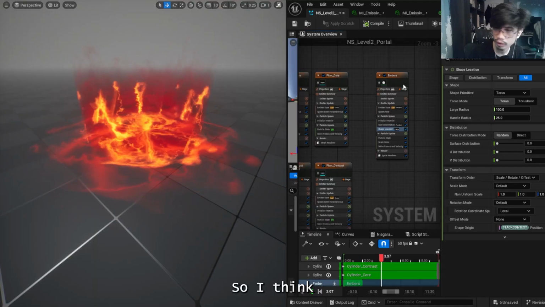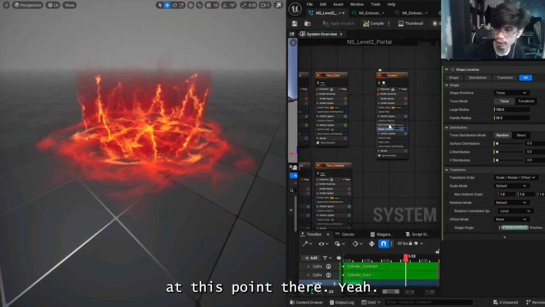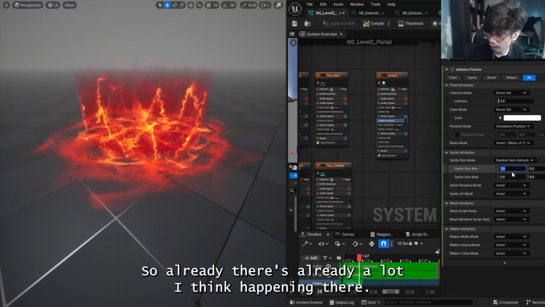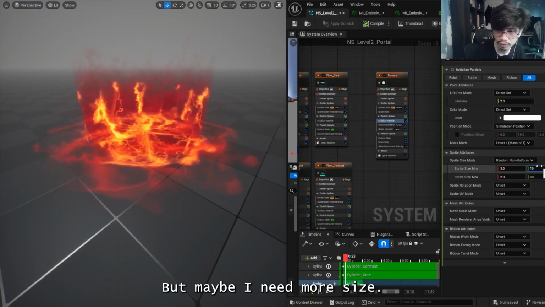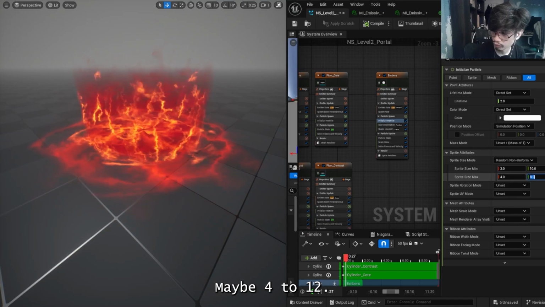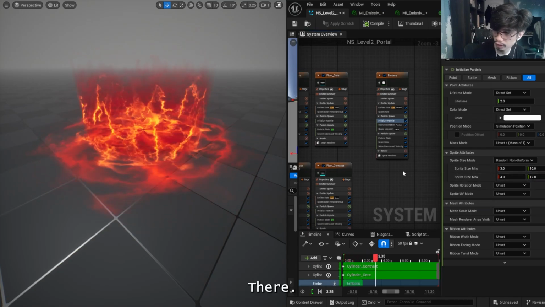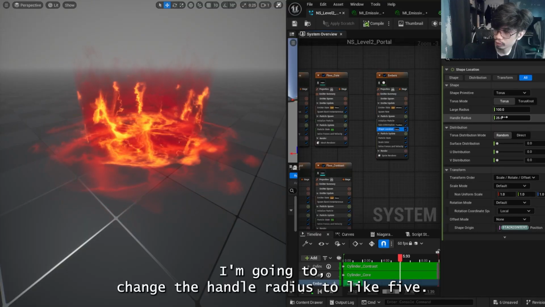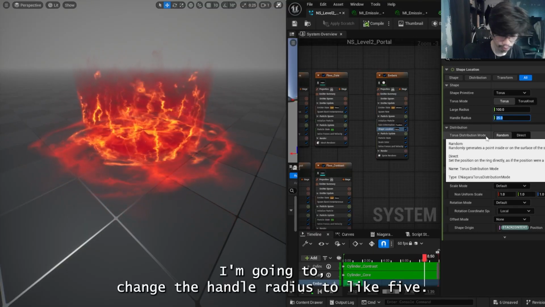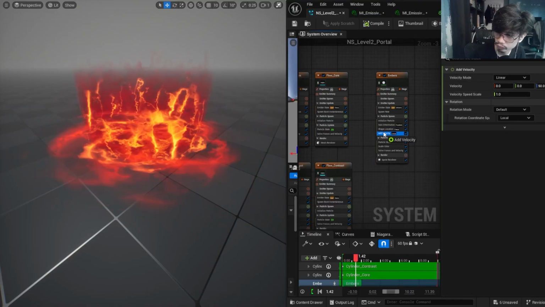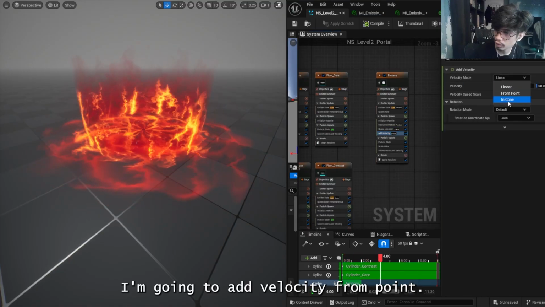So I think there's already a lot happening there, but maybe I need more size. Maybe 4 to 12. There. I'm going to change the handle radius to like 5, and then I'm going to add velocity. I'm going to add velocity from point,